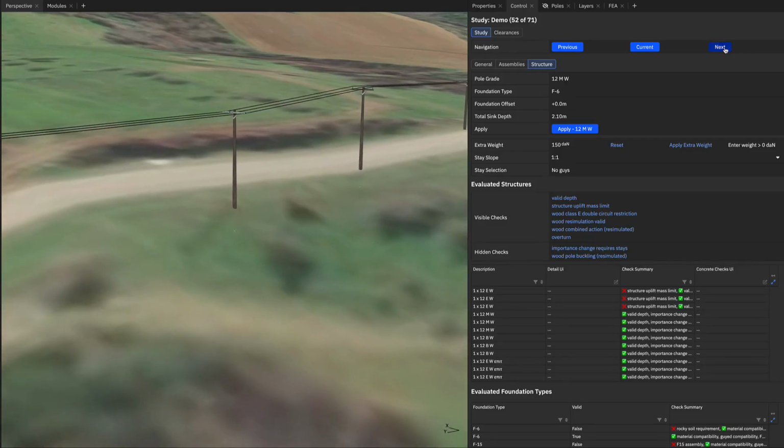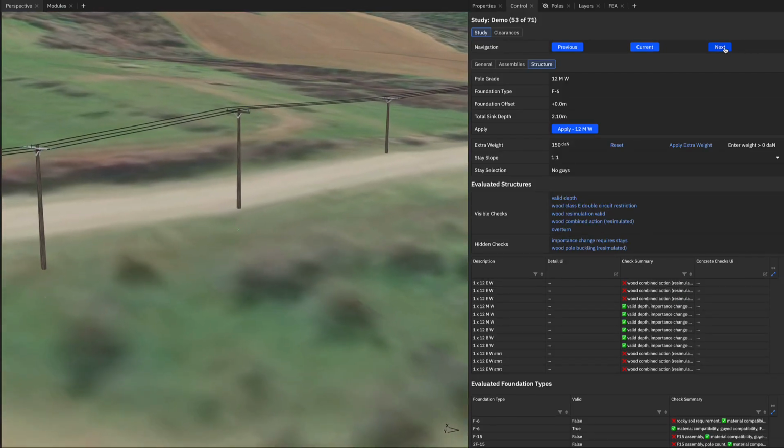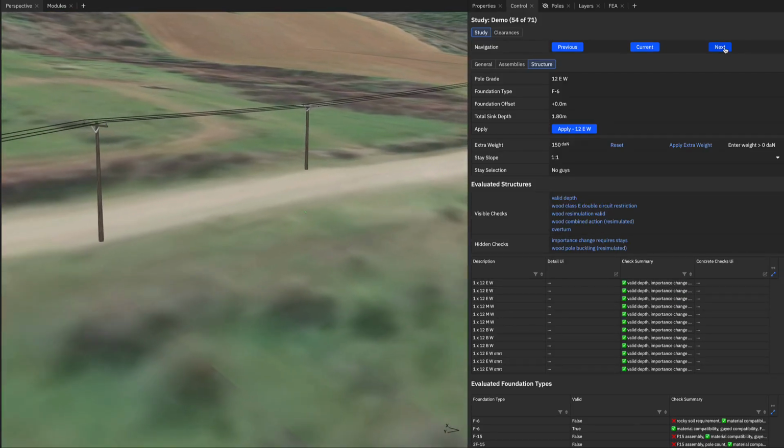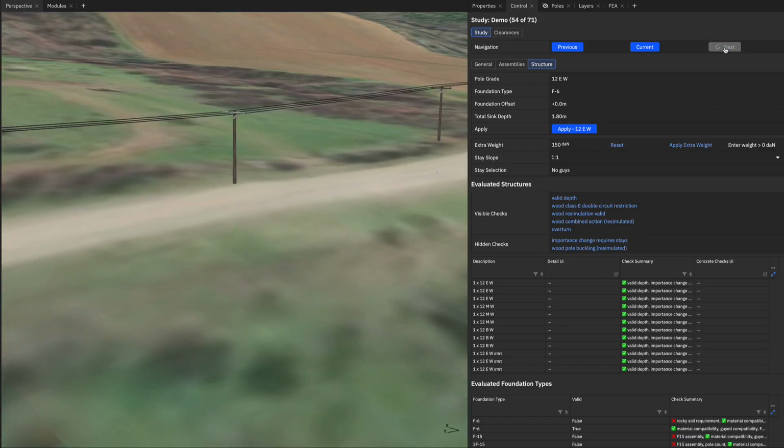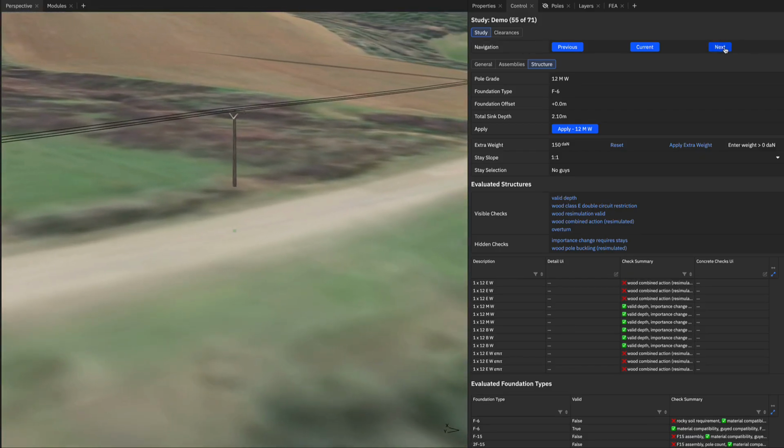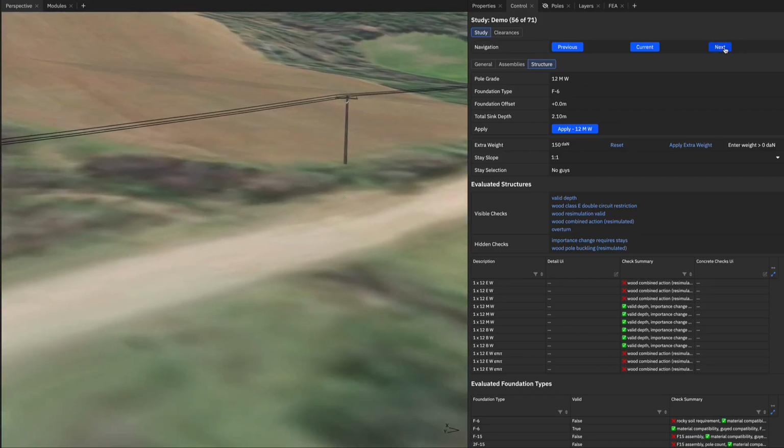This is a demo of auto design in Neara. Let's start with a situation designers see all the time in new construction. You've got a surveyed route for a new line, and your job is to turn that into a standards-compliant design